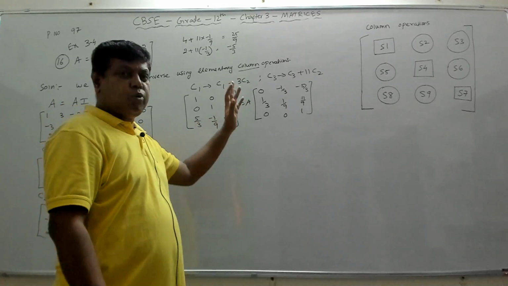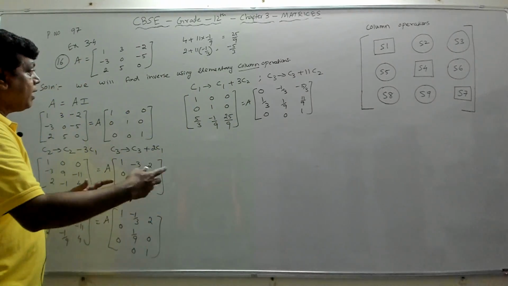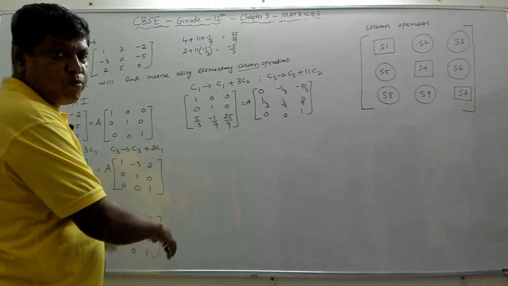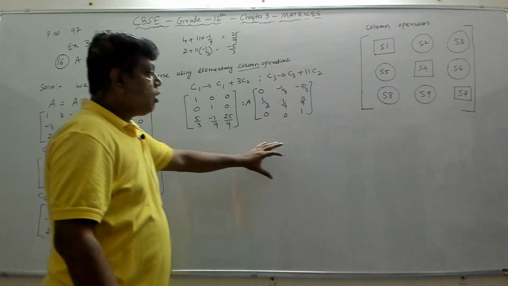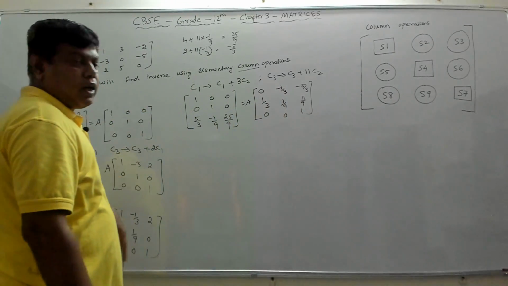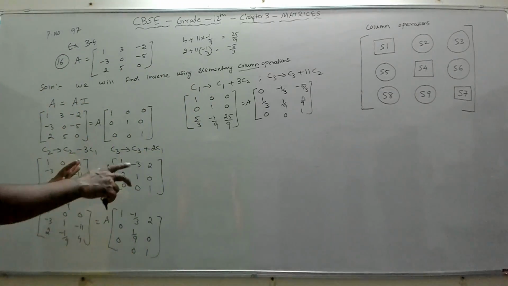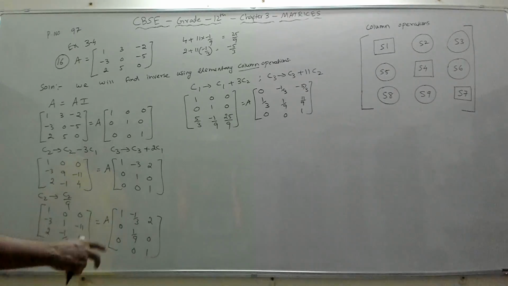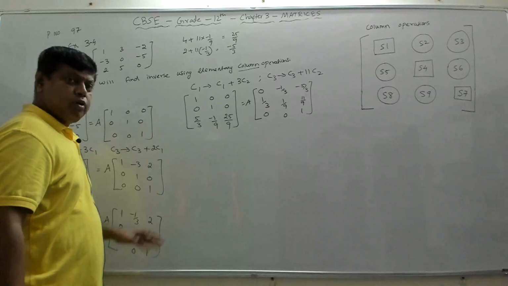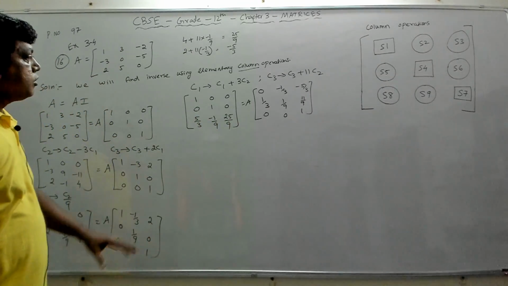I'm just trying to do both together to avoid the extra step because of my limitations on the board. My board will exceed, and I want to make sure I do the entire problem in the same board. Otherwise, I may have to erase, and that may be confusing, and it may be a little difficult for you to take the notes completely. So that's why I'm trying to fit the entire problem in a single board, and that's why I'm clubbing my steps. Even in the exam, you can do it, but the only thing is you should not get confused. Fine. So now this is done.